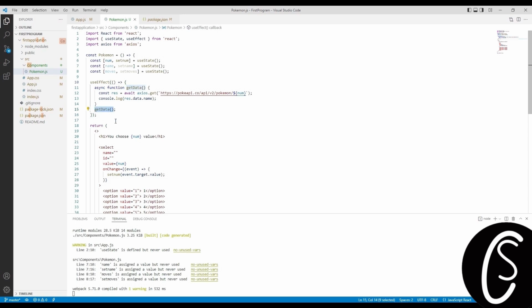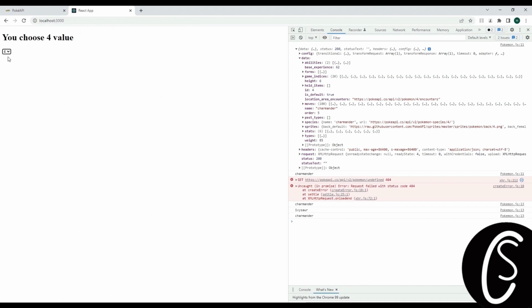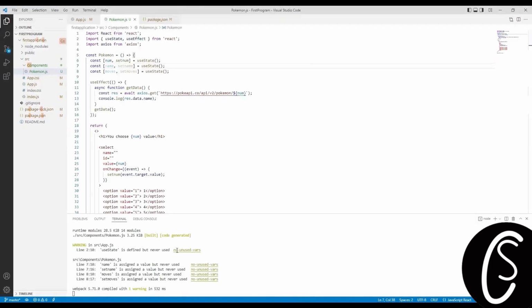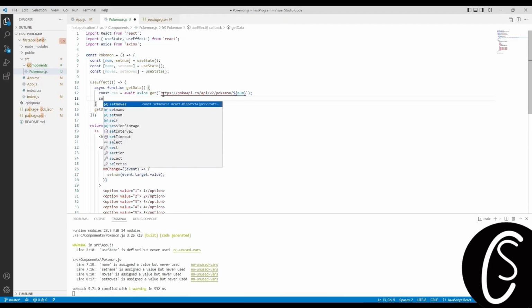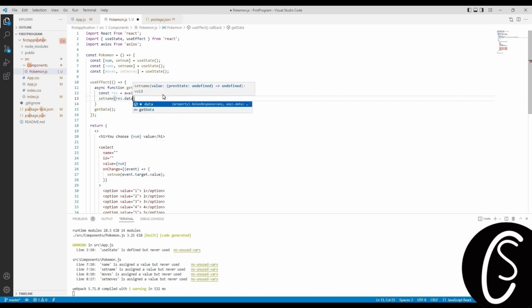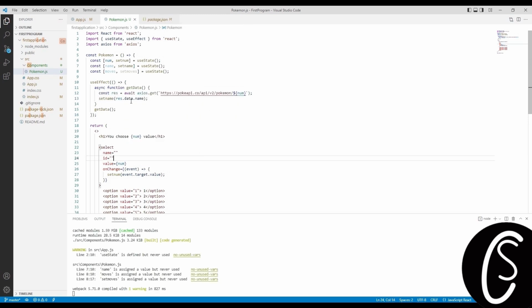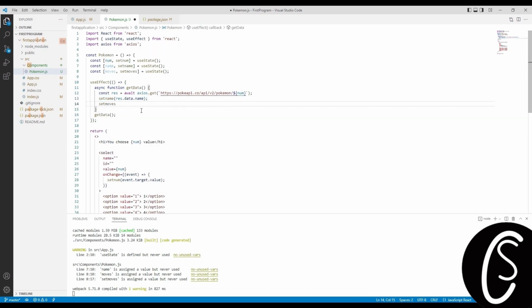As the API runs, we'll get new data, and then we'll change the new data in state. So this is the benefit of useState: we can change the real-time data constantly. So this React hook is very useful to manage real-time data, okay? So we'll remove it, and we'll write setName(res.data.name), so that whenever we get a new value, this variable will be called and its value will be updated. We'll do the same with setMoves, and we'll write